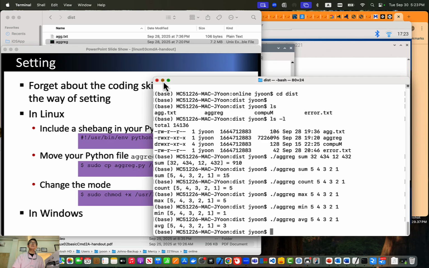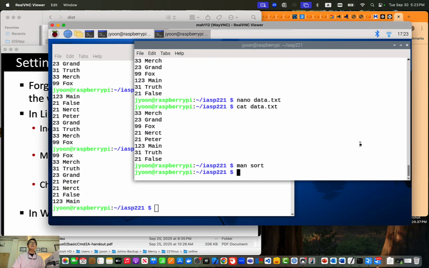I want to close the Windows terminal. Now we are here in Linux. What I want to do is